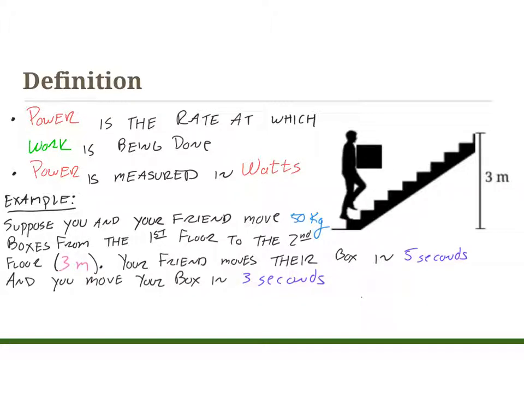So, for example, suppose you and your friend move a 50 kilogram box from the first floor to the second floor, and that distance is 3 meters. Your friend manages to move the box in 5 seconds, and you manage to move the box in 3 seconds. The first thing I want to ask is, do you do the same amount of work? Which one of you does more work? Or is there no difference? And the answer is that you both have done the same amount of work,